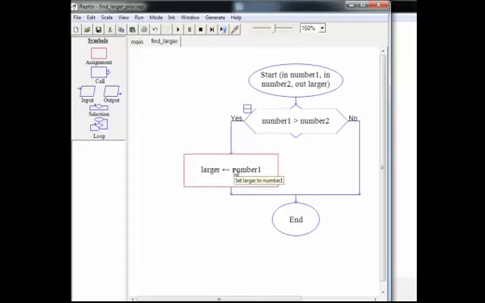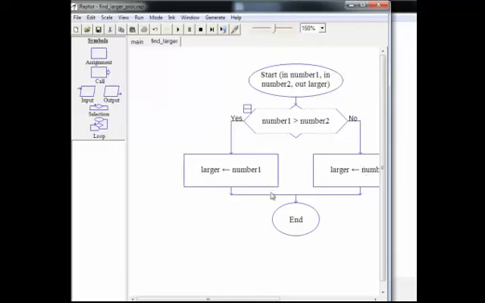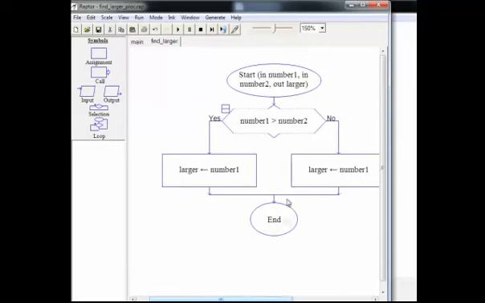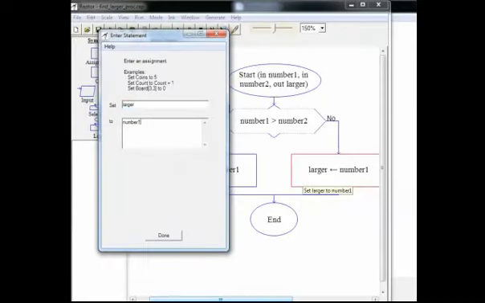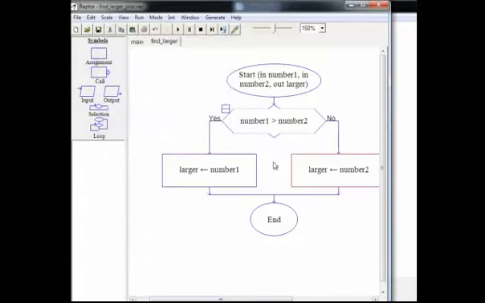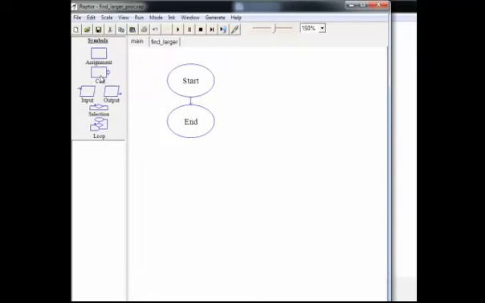Just to speed things up, I'm going to try to copy this and paste it over here. And we'll modify this one, of course, to change it to number 2. Okay, that's all we need. This procedure doesn't need any other symbols. If number 1 is greater than number 2, then number 1 is the larger. Otherwise, number 2 is the larger. That's all we need. Let's go back to main, and we need to call that